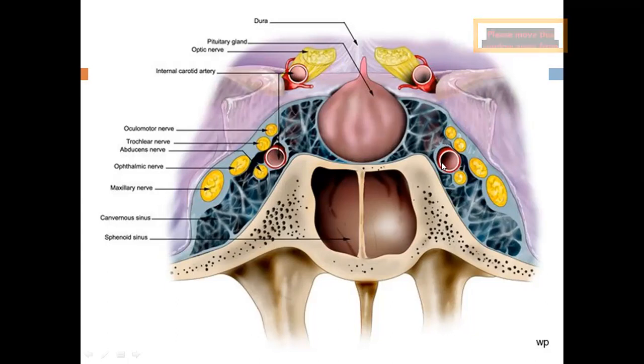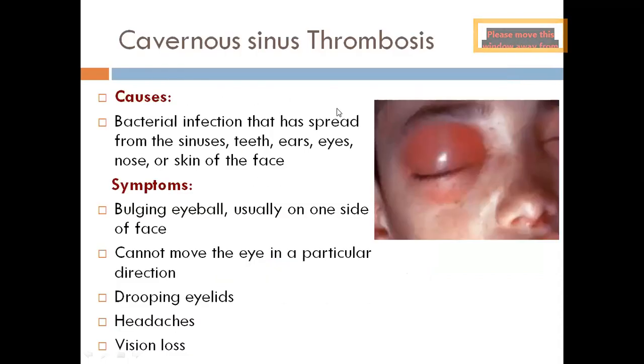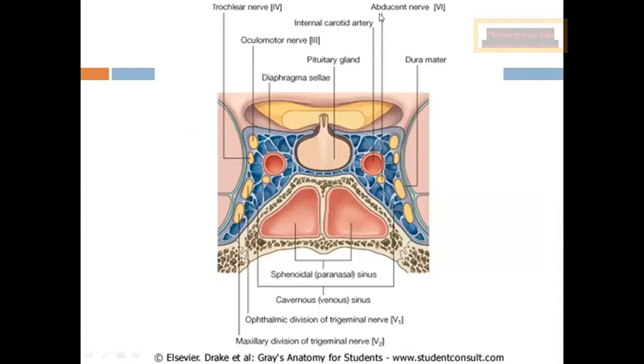Inside each cavernous sinus, you can find there is one artery, that is the internal carotid artery. You are finding many cranial nerves are also related to this cavernous sinus. Laterally, we are finding the third, fourth, and sixth cranial nerves. What are those? Oculomotor, trochlear, and abducent. Then we are finding the maxillary division and the ophthalmic division of the trigeminal, which is the fifth cranial nerve. Okay, now cavernous sinus thrombosis. So before I go to cavernous sinus thrombosis,